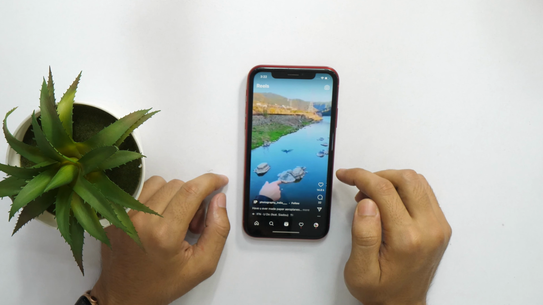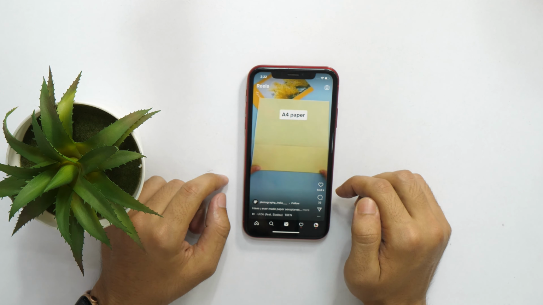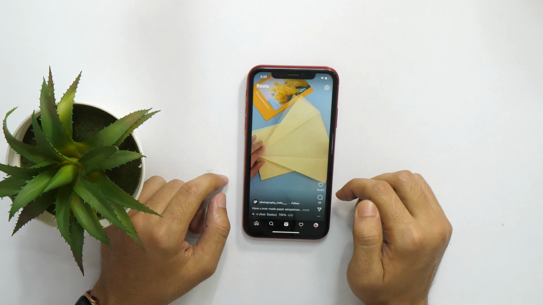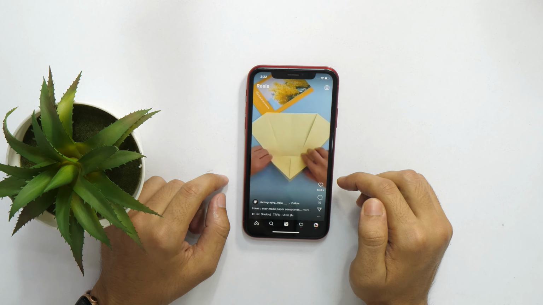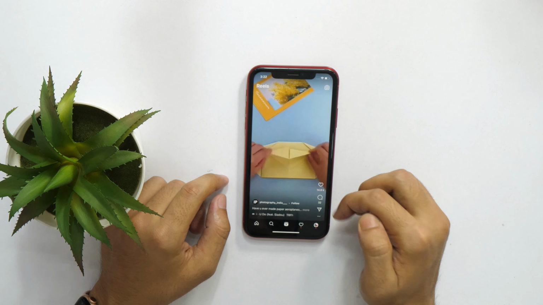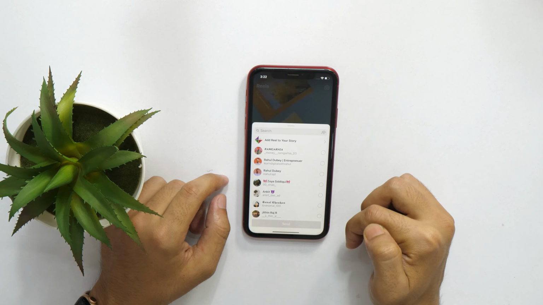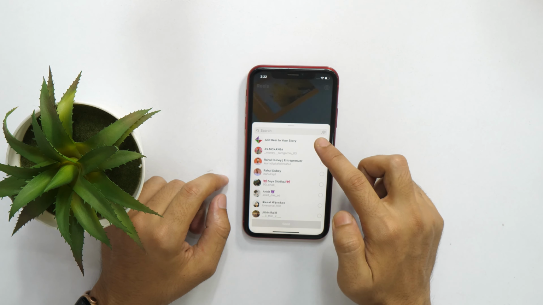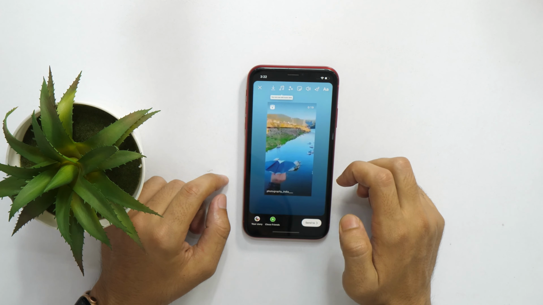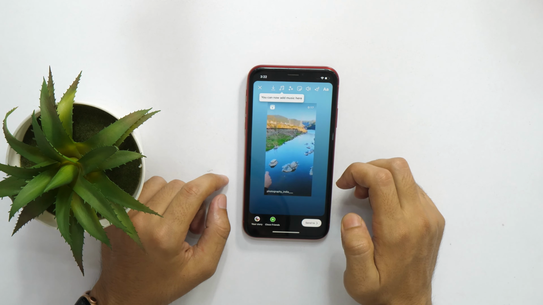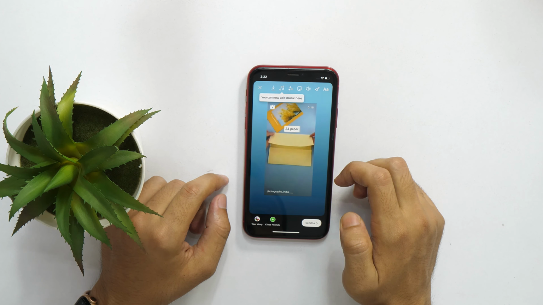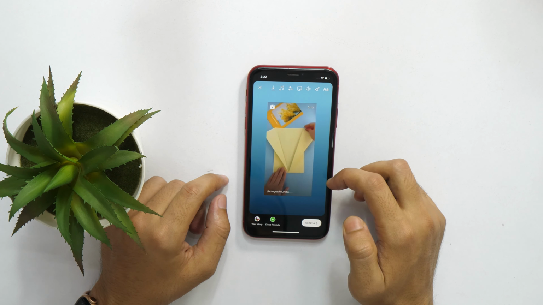Downloading Instagram Reels videos is very easy if the size of IG Reels is up to 15 seconds. Let me show you how. Simply tap this airplane-like icon and then tap the first option that says Add Reels to your story. Basically, this will provide you with the IG story uploading interface that you usually see while posting Instagram stories.